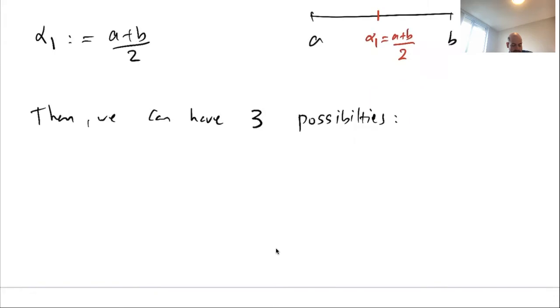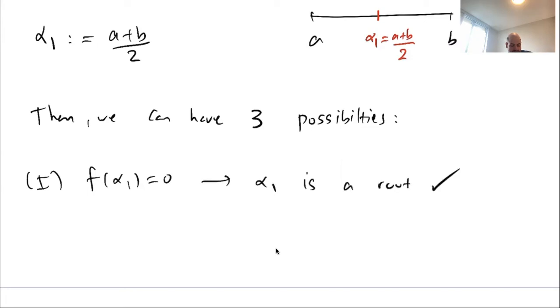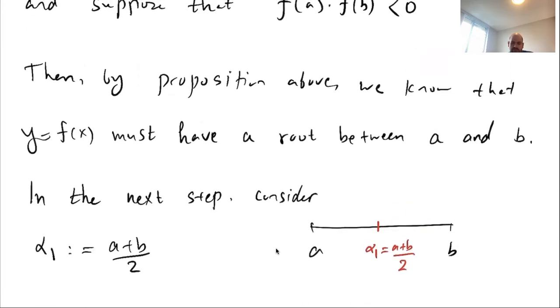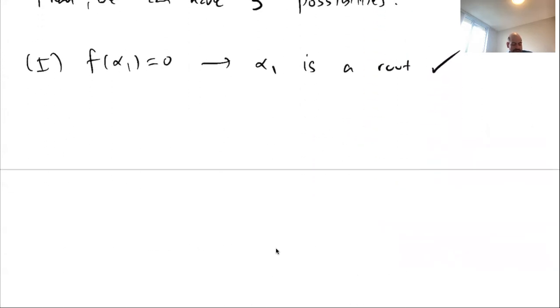So one possibility is that f of alpha 1 equals 0. So then that means alpha 1 is a root. Remember, our goal was to estimate the root. Well, if f of alpha 1 is 0, that means alpha 1 is our root. Of course, it's possible that we have more than one root, but our goal right now is to estimate at least one of the roots between a and b. So if f of alpha 1 is 0, we found at least one root between a and b. The second possibility is that f of a times f of alpha 1 is negative,